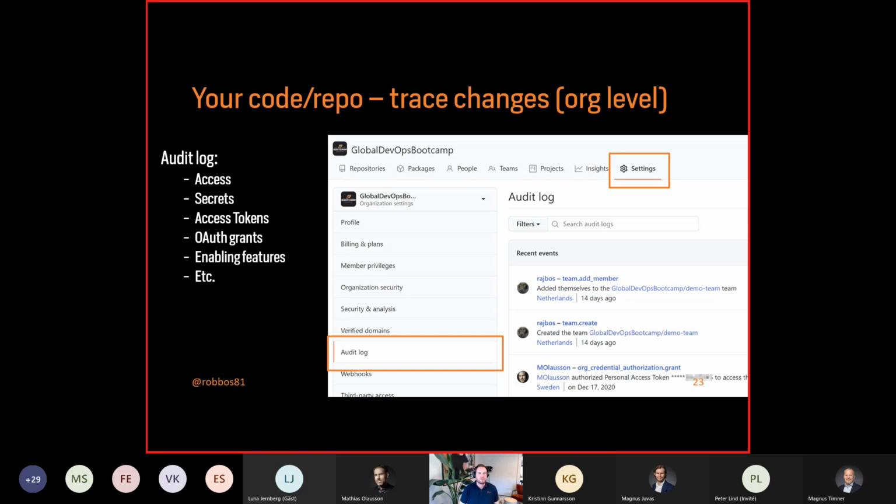It's also available on the user level, so you can get to that information always. And usually now GitHub is working the way that if they add a new API or feature in their application, then automatically they will add new stuff to the audit log as well, because you need to know who triggered what things and did things in your repository.